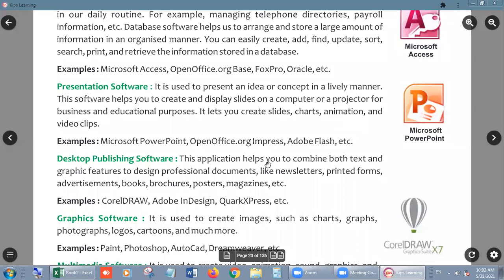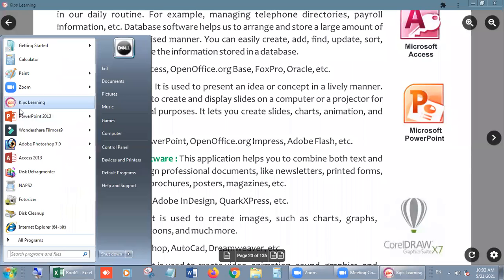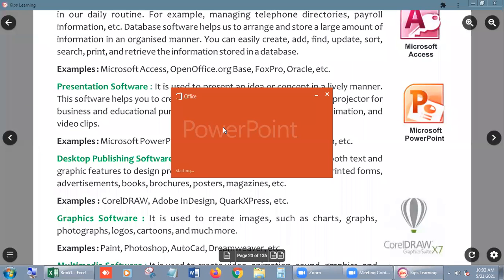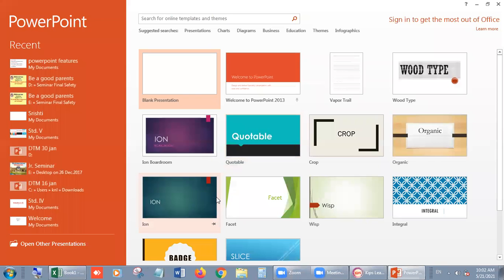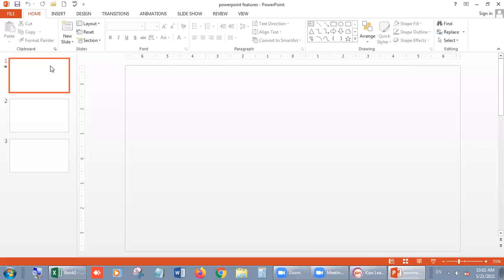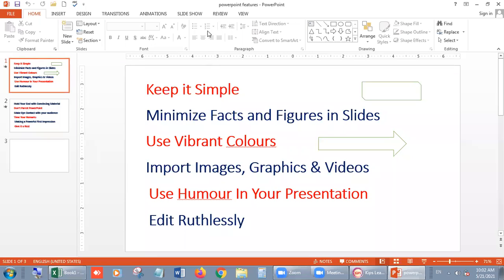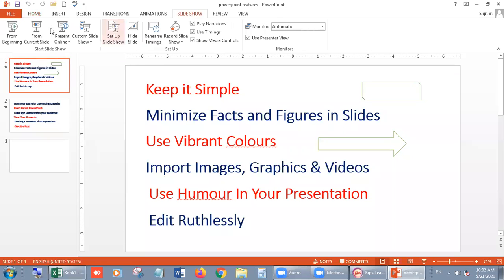I'm going to show you a presentation in which you can see the slideshow, how you can use it. I'm going to open it. This is the example of PowerPoint. This is our PowerPoint, and when I start it, you can see the change.